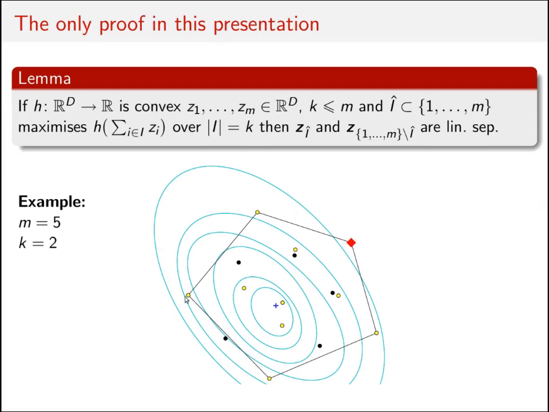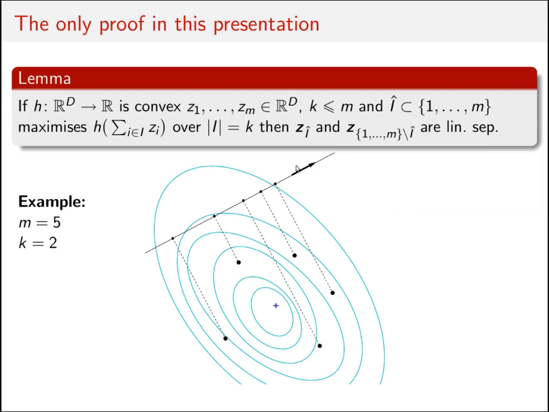So I have a vertex of a polyhedron, and I know that this vertex can be characterized as a point which is the furthest in some direction. This is the direction. Now coming back to my initial problem, how do I find two points whose sum is the maximum in this direction? Obviously, this is the sum of two points which are themselves furthest in that direction. So it's easy to find a linear curve that separates those two points from the others. So this was a quick proof of that result.